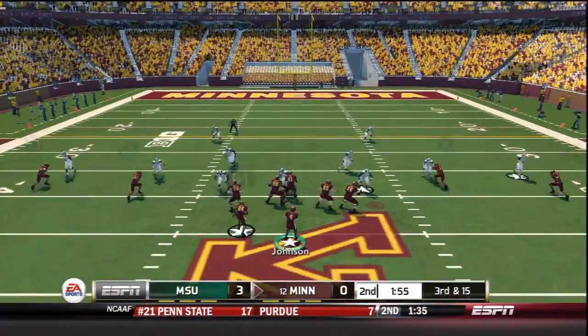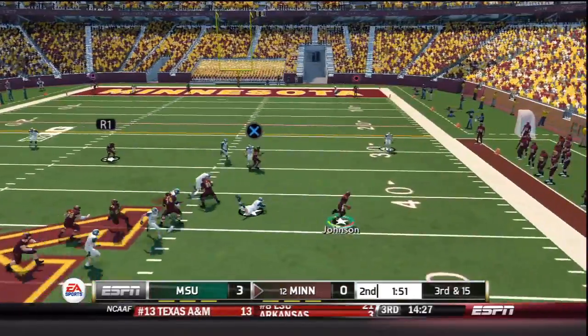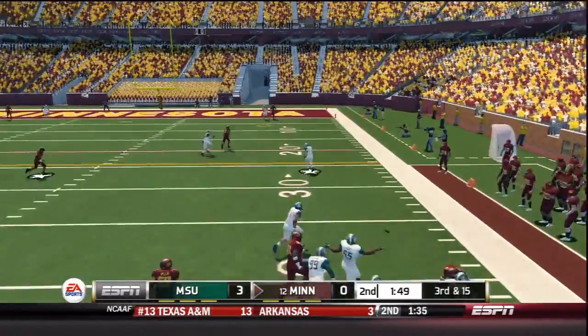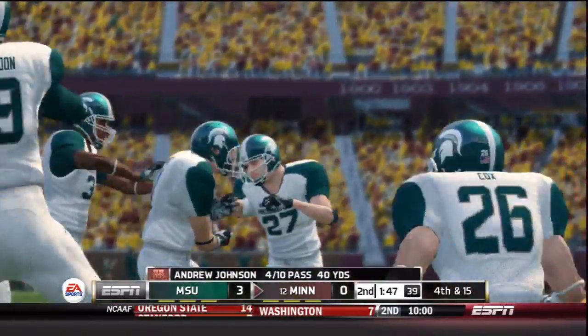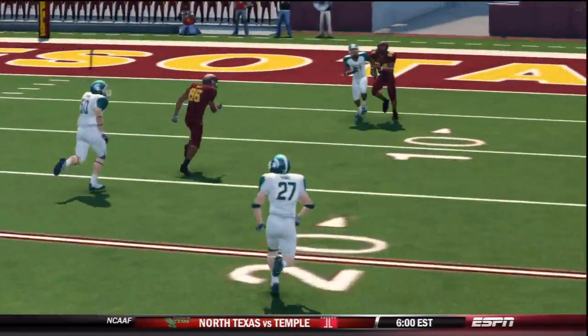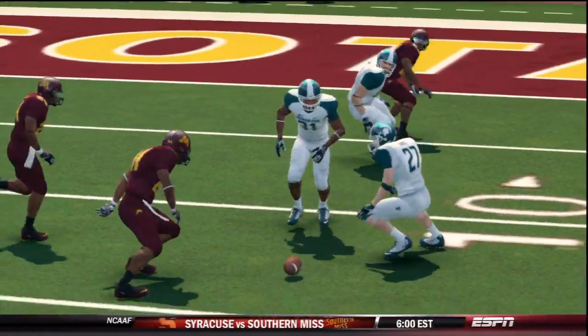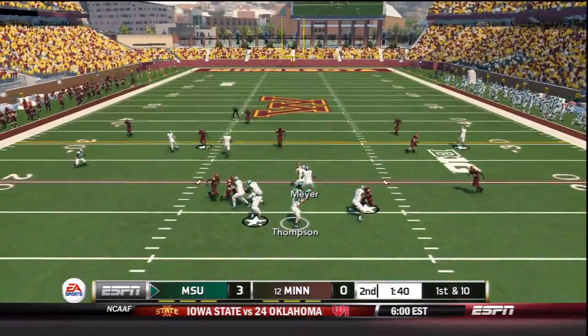4 wide on third down and 15, and Michigan State will blitz. Johnson away from pressure to his right. He's safe as he fires it downfield, and it's nearly intercepted. There was Terrence Johnson and Doug Duckett as Johnson just threw it up and hoped for the best, and luckily it was not picked. Minnesota passes on the 57-yard field goal attempt, and Michigan State has a chance to add